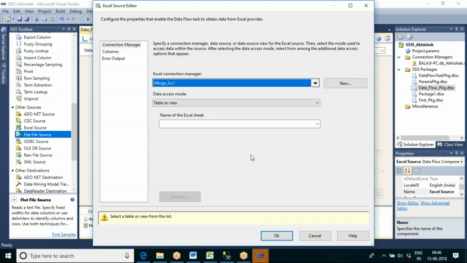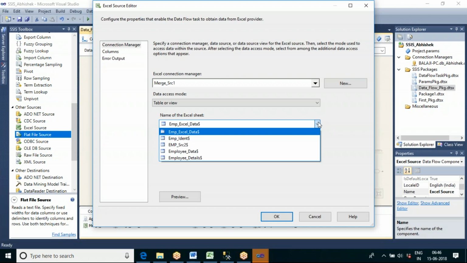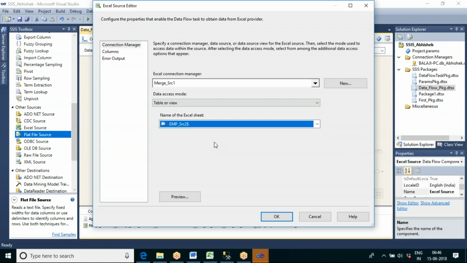In that Excel file we have multiple sheets now. Let us see which sheet data we need to pick up. This is the sheet data, and I will need to make it a left join.